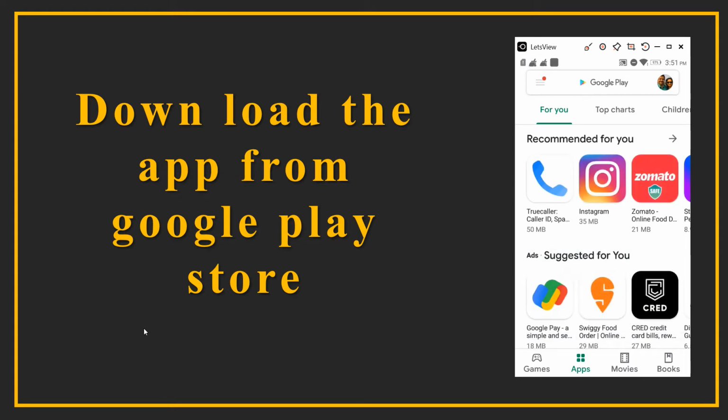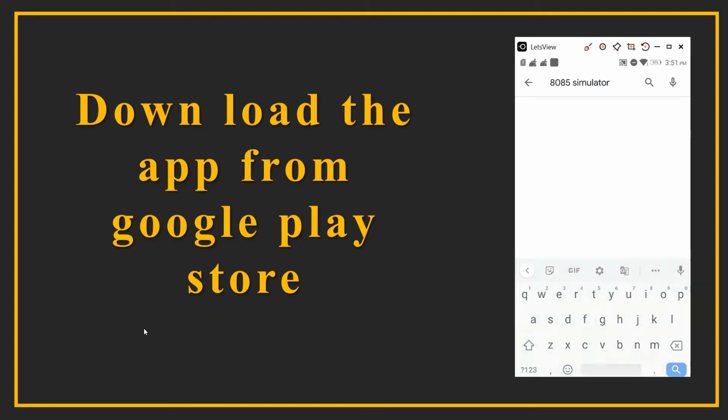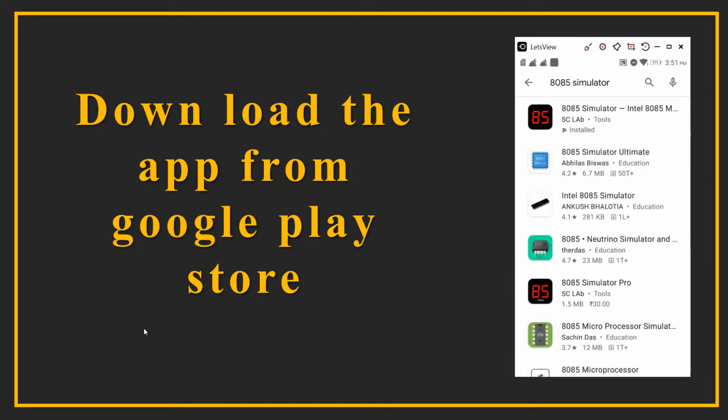On the Google Play Store, search for 8085 simulator and you will find that there are many applications available, out of which the first one on the list is 8085 simulator by SC Lab. This simulator we are going to use for our purpose.